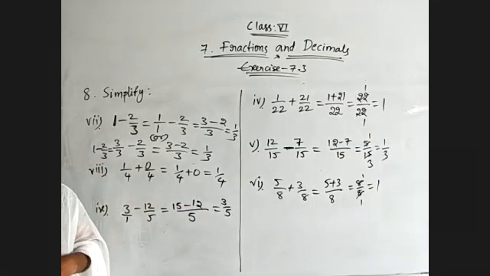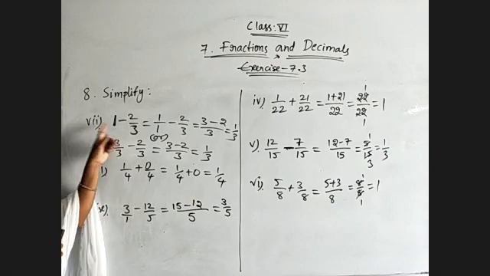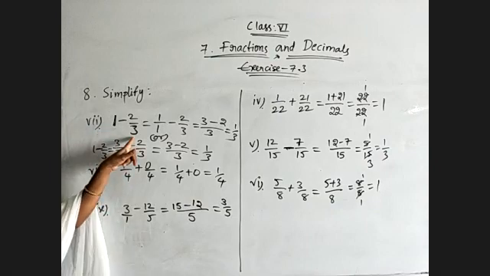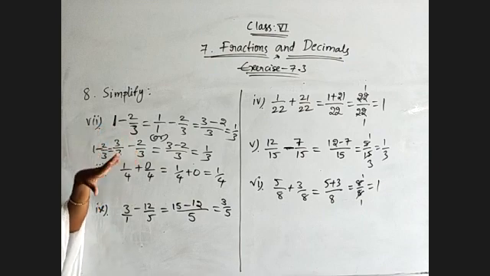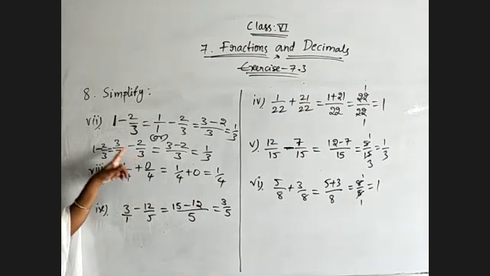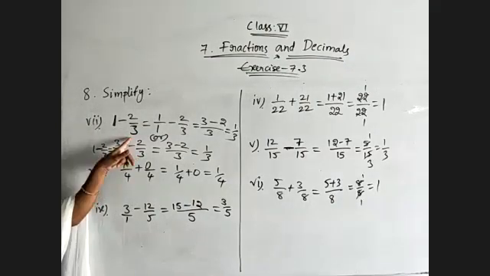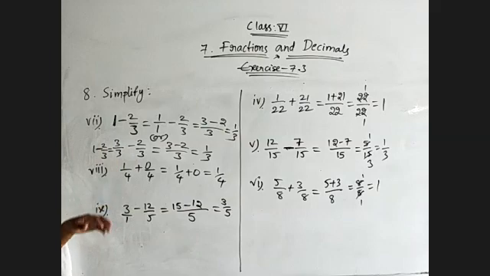Okay, so once again observe such type of questions. When one whole is given, only one is given, then observe the denominator of the second one. Try to write that one also in fractional form only. Here because the denominator is 3, I am using 3 by 3. If the denominator is 7, I will use 7 by 7. Okay,